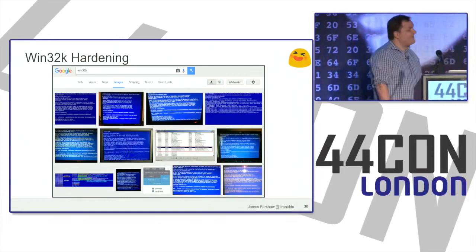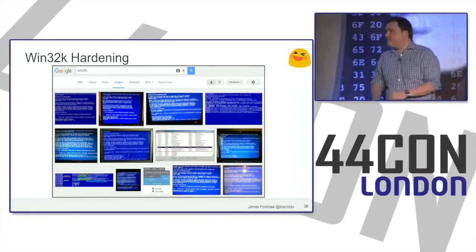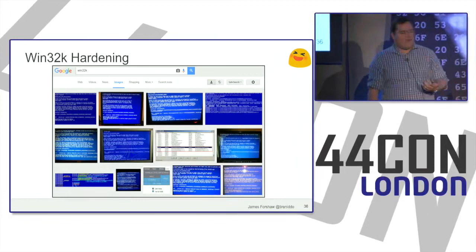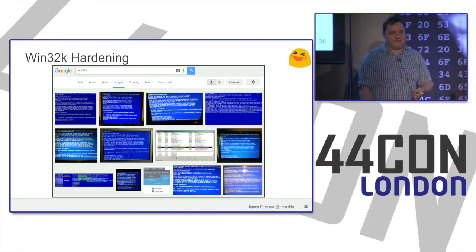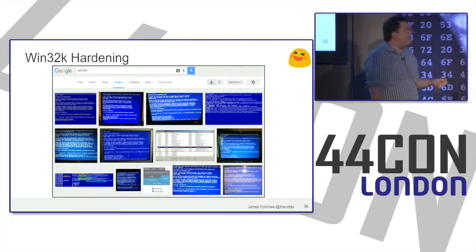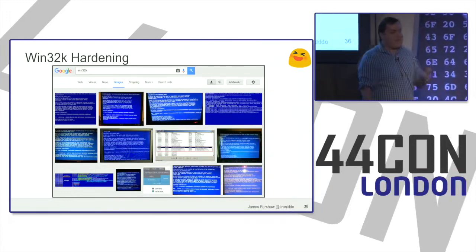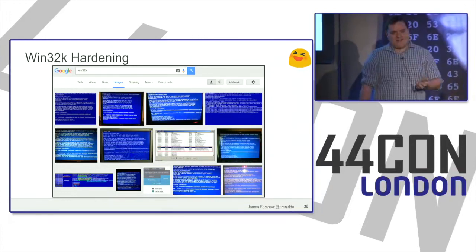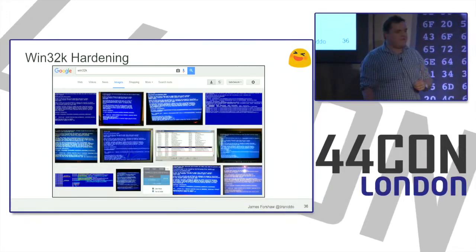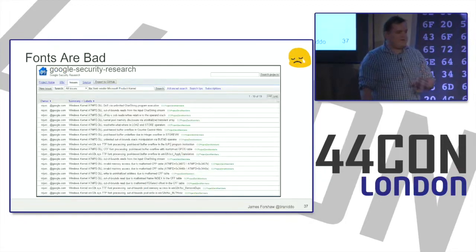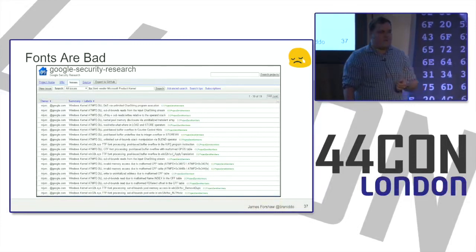Win32k. You gotta love Win32k. I was thinking about what image I can represent Win32k with, and a colleague stuck it into image search and had a look. And obviously this came up with a load of blue screens, so I had to use that at that point. It was actually inevitable. But Win32k is renowned for its stability and its security, and it's completely perfect. Except for maybe fonts. If you saw my colleague Giroux's talk yesterday about hacking fonts in Windows, maybe you know fonts aren't great.